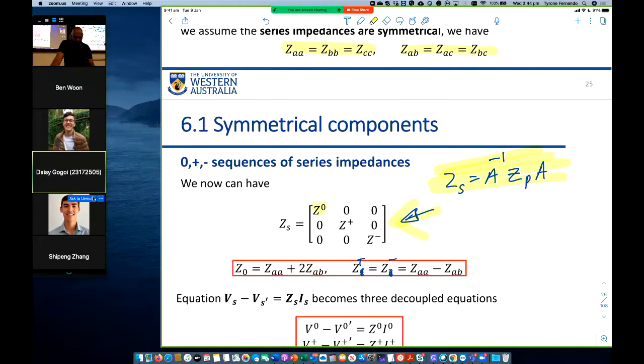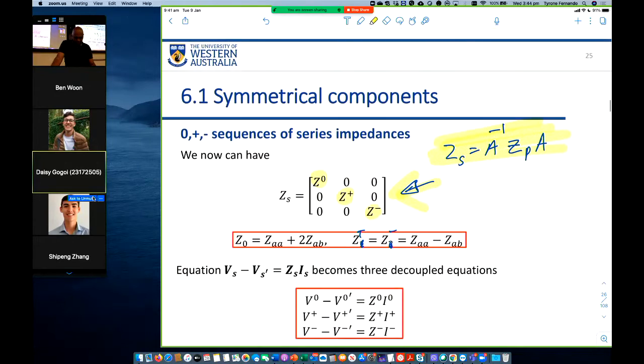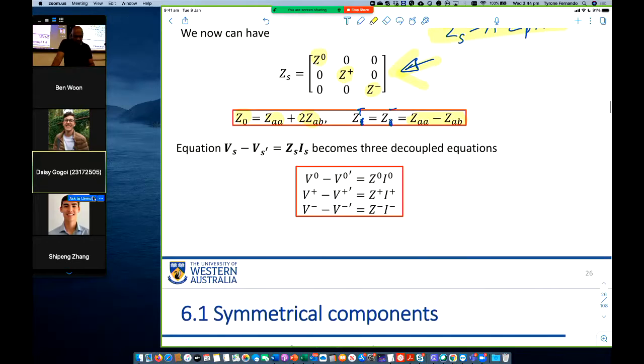And in the 1, 1, you will get the zero sequence impedance, positive sequence impedance, and the negative sequence impedance. Z0 is ZAA plus 2 ZAB. The positive sequence impedance is given by the self-impedance minus the mutual impedance between A and B. And you have these relationships because we have